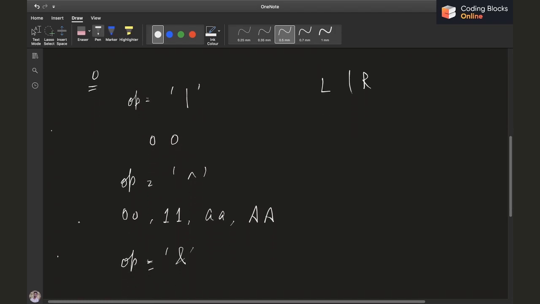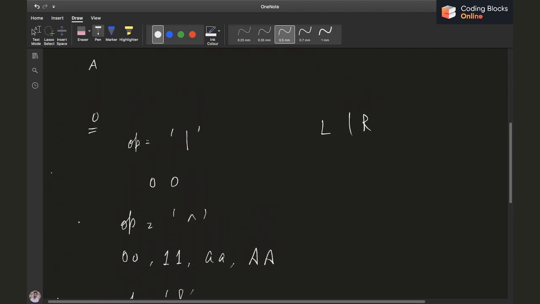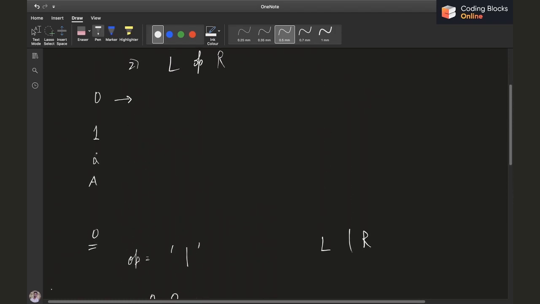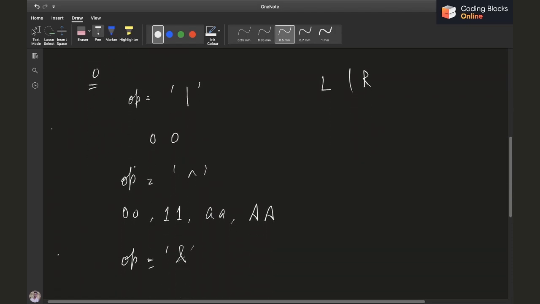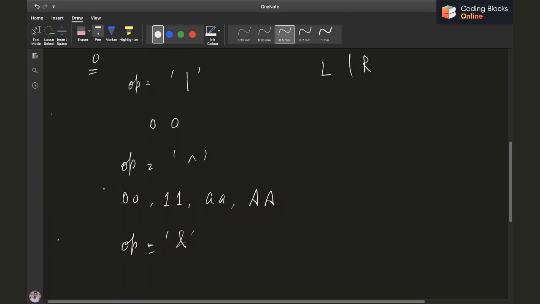But if we observe, we don't really need to calculate the cases for small a and capital A. I'll be explaining to you very soon what the reason behind it is. Now let's say I want to calculate the number of cases in which my final answer is 0. Let's say not the number of cases. I want to calculate the probability of 0, that is the answer for 0, right?